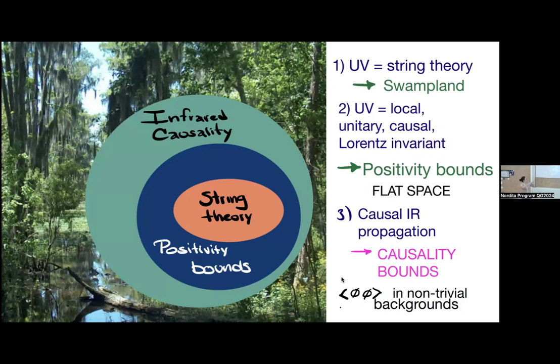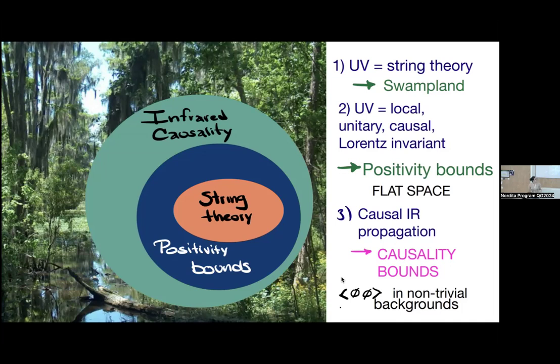The fewest assumptions will be what I'm going to call infrared causality. If you have positivity bounds, this by default will have infrared causality. If you have a theory that comes from string theory, for example, this will by default satisfy positivity bounds, and it will satisfy infrared causality. So the rest of the talk is going to explain this idea of causality bounds and how to find bounds on these Wilson coefficients, but only looking at the infrared